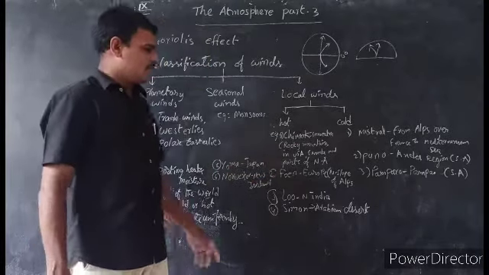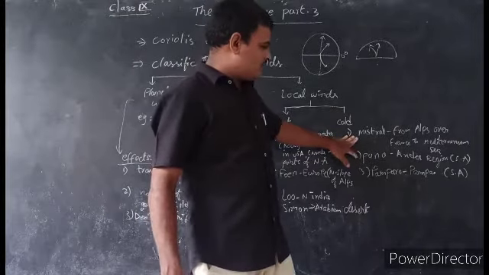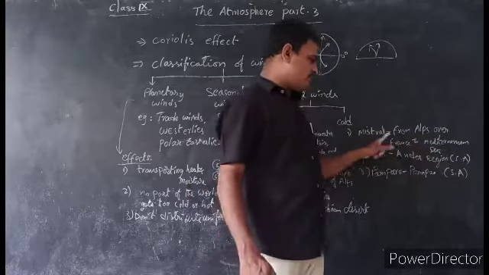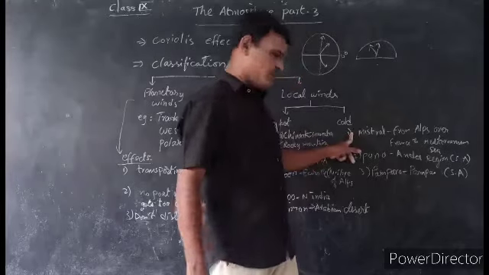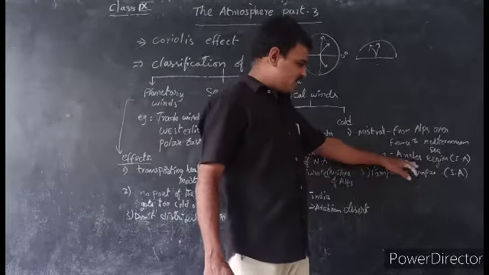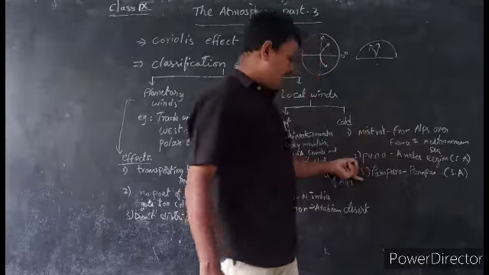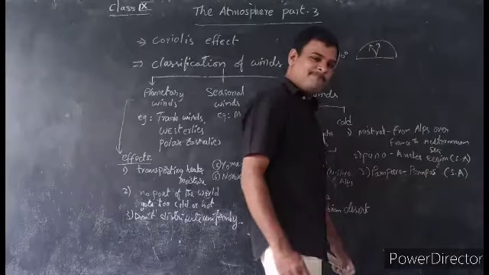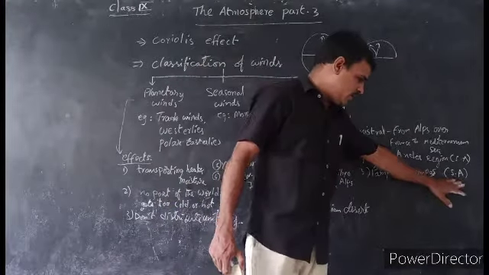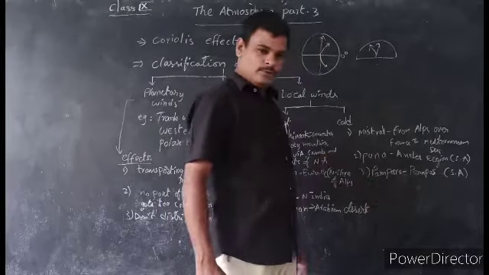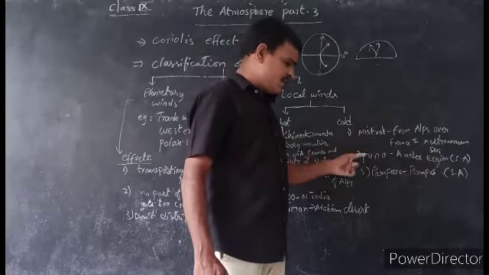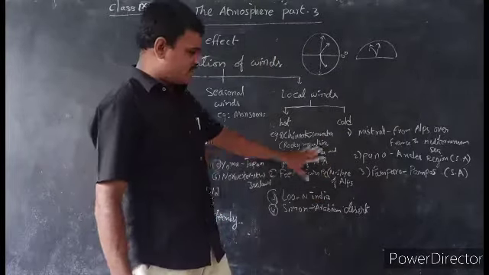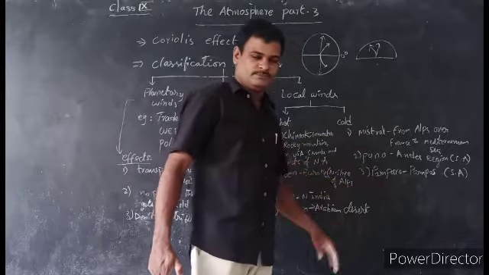Cold winds. First one is Mistral. These blow from the Alps over France to the Mediterranean Sea. Puna in the Andes regions of South America. And Pampero. Pampas are grassland areas in South America, and there we see the Pampero. So the winds are Mistral, Puna, Pampero, Bora. Some others also exist, but in your textbook these three are mentioned: Mistral, Puna, Pampero.